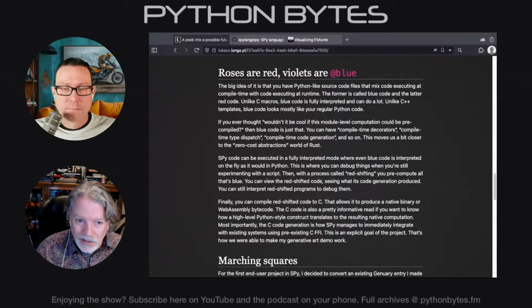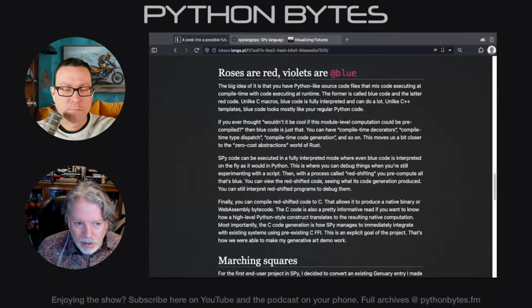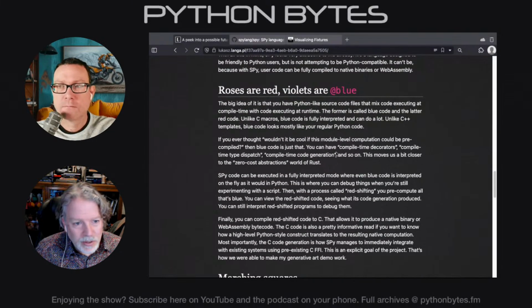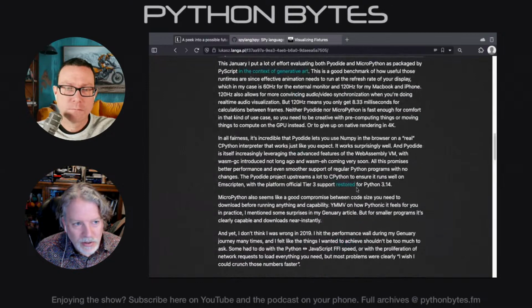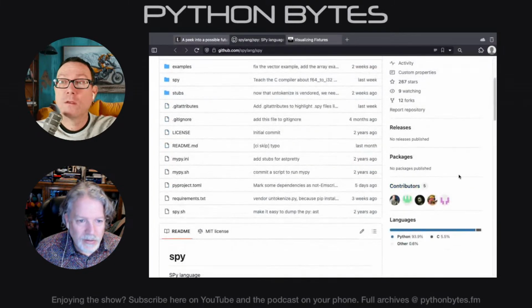But I really like the idea that you've got a level where you're running it just as pure Python, and then you can deploy it and it runs as a compiled part. So anyway, I'm probably getting this wrong, early stages, but we've got links to this article and then to the SPY project itself, which has had a lot of activity just recently.